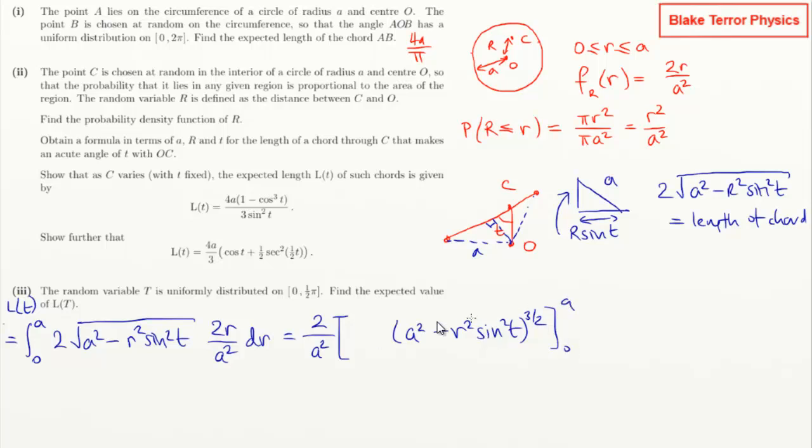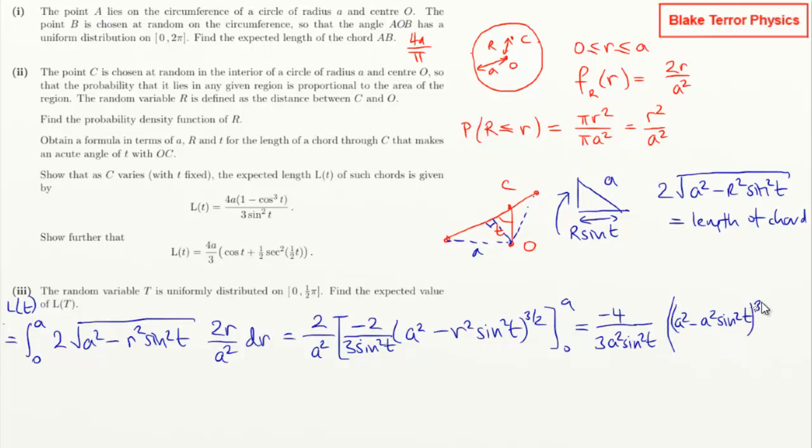So I'm going to have to get rid of the 3 over 2, a minus sign, and a sine squared t. So I'm going to have minus 2 over 3 sine squared t. Okay, so it's just plugging in these limits now. So let's take minus 4 over 3a squared sine squared t, and then I'm going to have an a squared minus a squared sine squared t to the power of 3